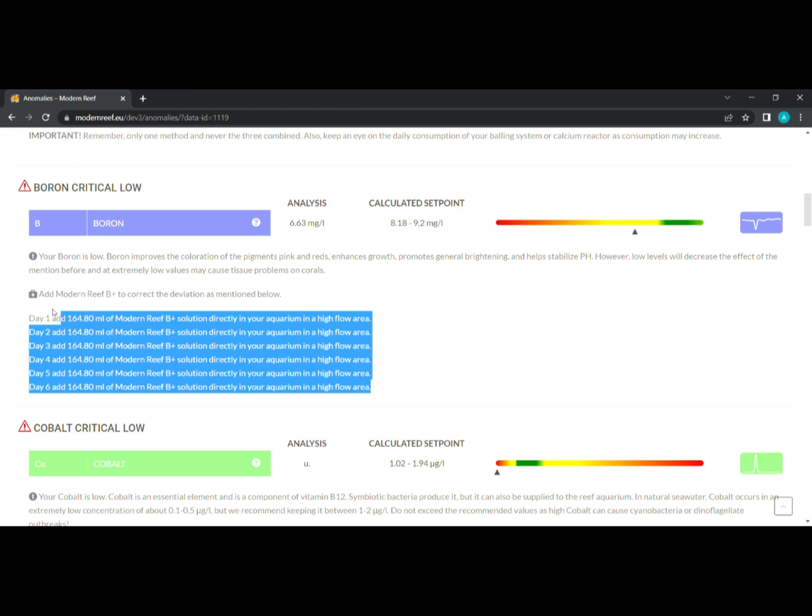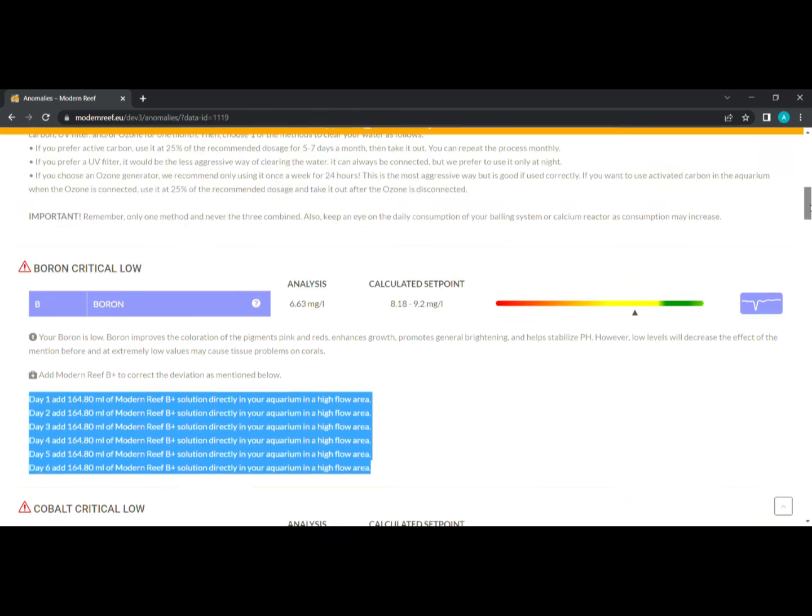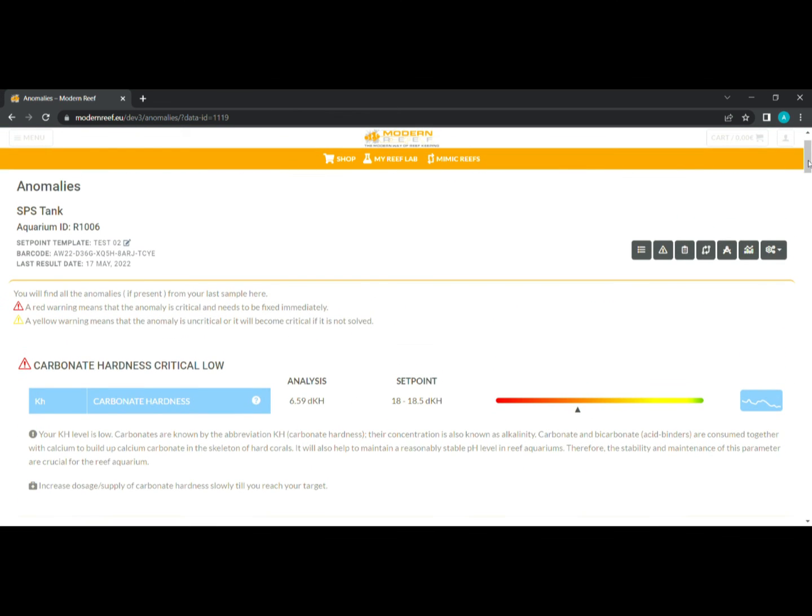This was not there before, because I think 6.6 is a correct value. So as you can see, it's advising you to add boron to reach this value, meaning that with the template or whatever you choose in here, the system will let you know or advise you on how to reach that value. Okay,